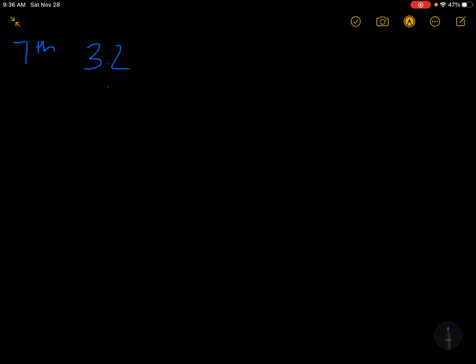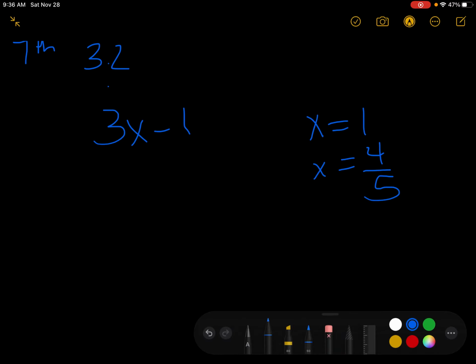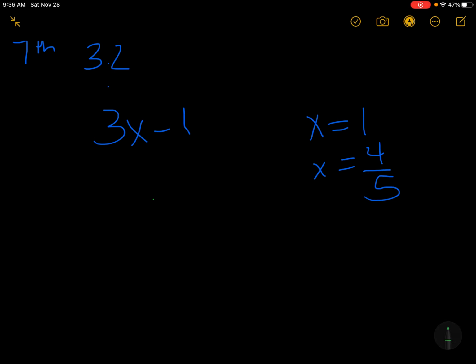So the problem would ask something like, find the value of 3x minus 1 when x equals 1, or when x equals 4 over 5, is what we're looking at here. So really simply, we're taking whatever that variable is, x, and we are literally plugging in whatever number they're asking us to and solving. So if we were going to do the first one, the one boxed in green, we